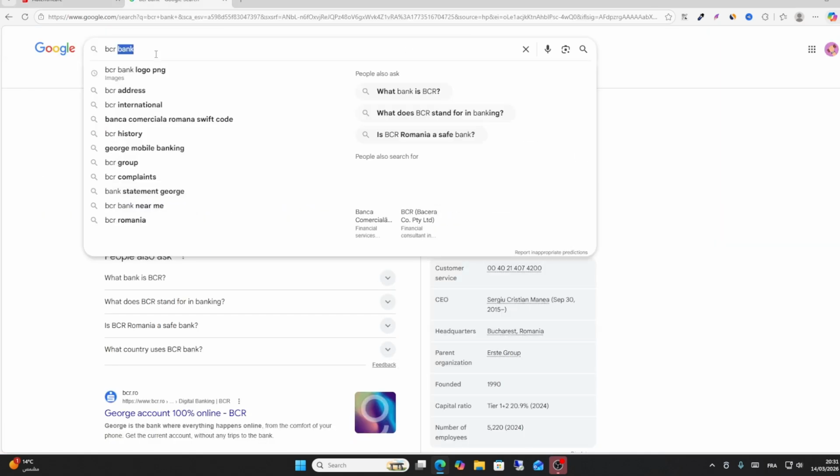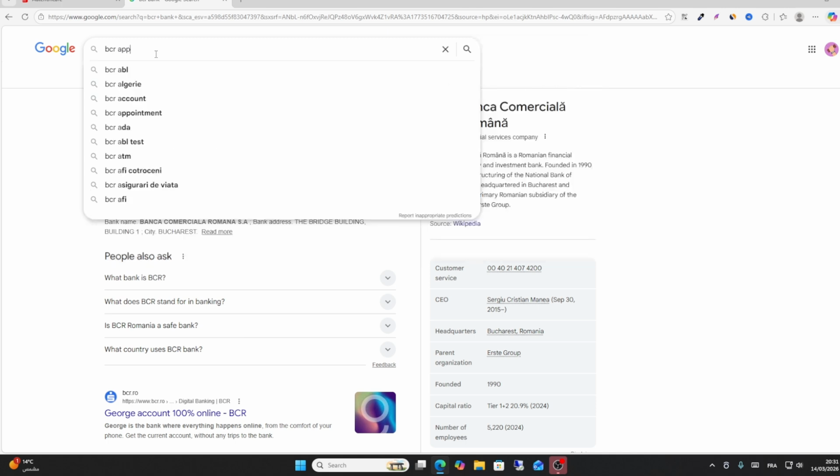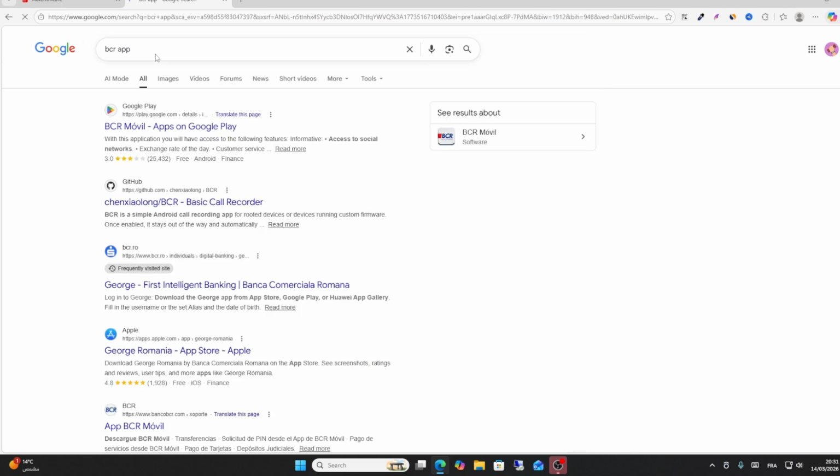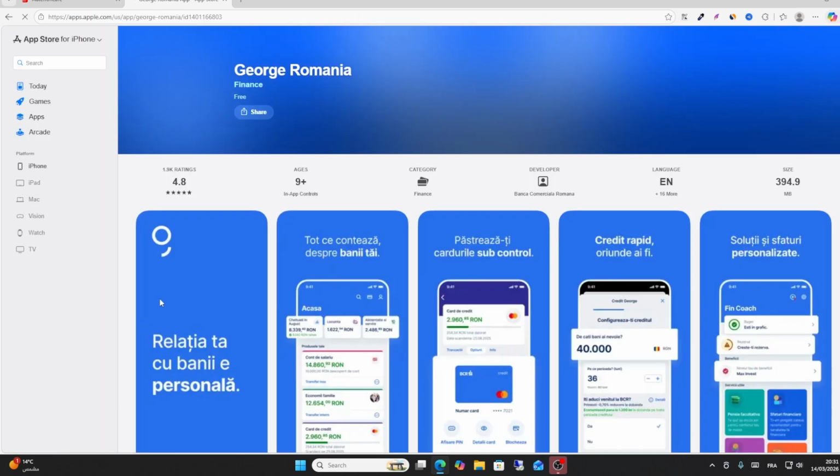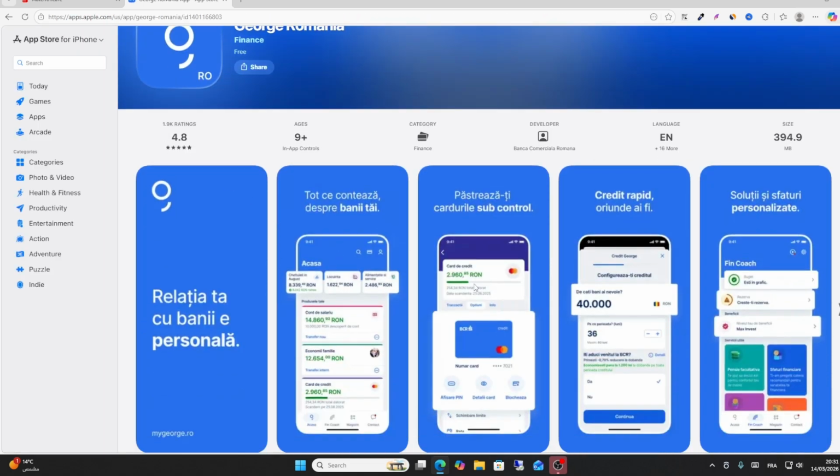If you want to log in with your app, just download the BCR Bank app. This is for the bank app. Download this app on the App Store. When you download it, you can log in successfully with your own